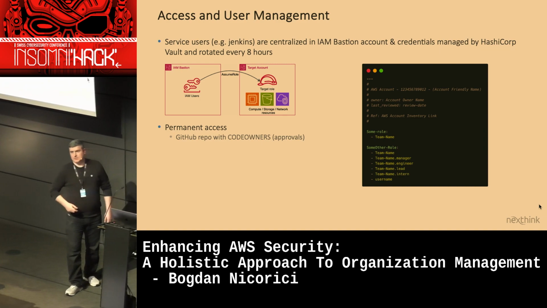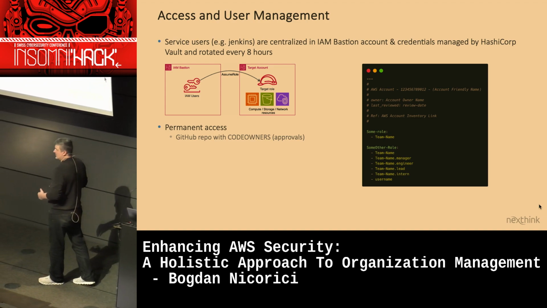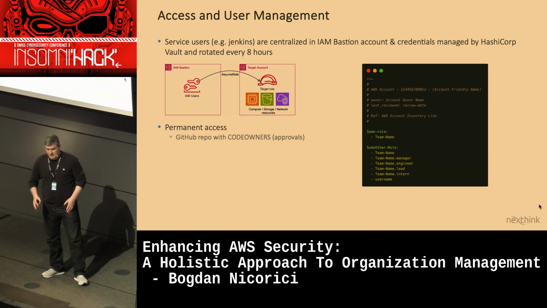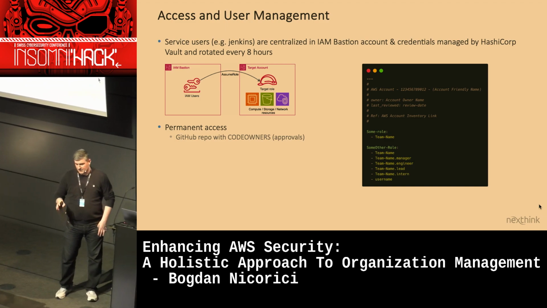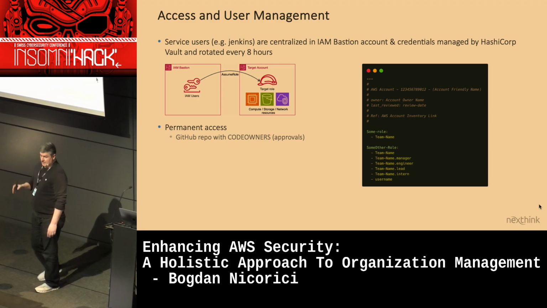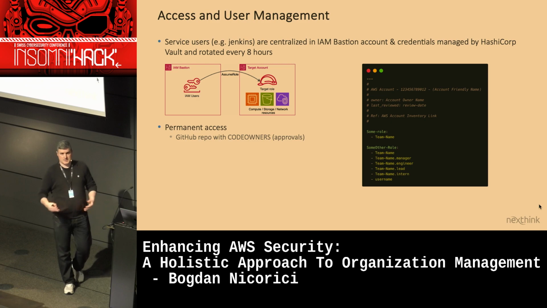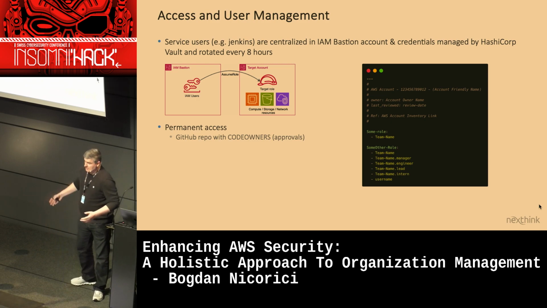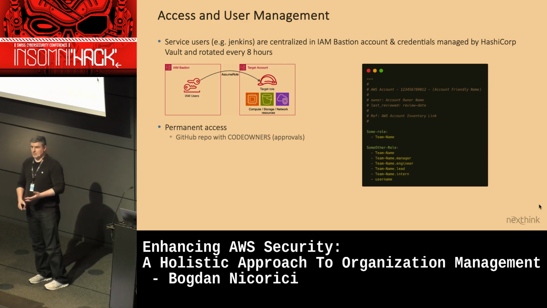Permanent access is also managed through code. Pretty much everything we do is infrastructure as code. We never make a change manually. That doesn't exist. If we make a change, it has to go through code. Pull requests, everything. So we use a GitHub repo as well for permanent access. And again, we use YAML abstraction because it's way easier for people to read. It's much easier to parse. You pretty much have compliance out of the box because every change goes through pull requests.